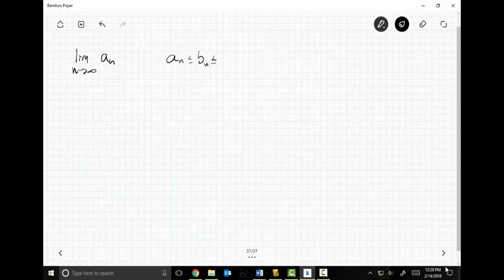So if b sub n is wedged between a sub n and c sub n, and we know that the limit as n goes to infinity of a sub n equals the limit as n goes to infinity of c sub n equals L, right? Then what do we absolutely know has to happen with b sub n? This implies the limit as n goes to infinity of b sub n must also equal L,